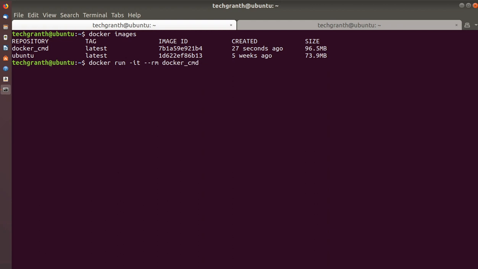If you remember, we have used echo hello techgraph, echo hello, and ls as cmd commands in the cmd instruction within our Dockerfile. But as I mentioned earlier, we can override them by using a different command when we run our container, like this.